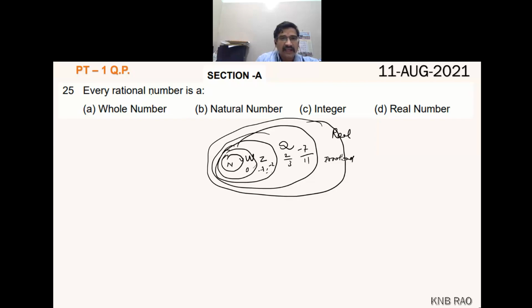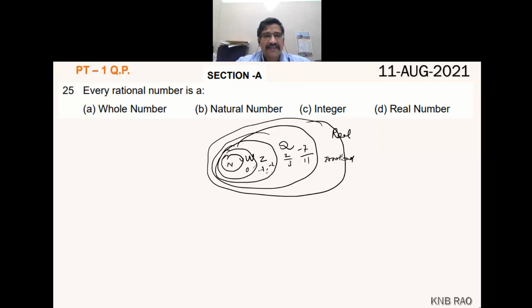So here every rational number cannot be whole, cannot be natural, cannot be integer. It can only be a part of the real numbers. Understood? Yes, sir. So that's how it comes. Oh, many people started laughing. Nice. So I gave an example like that: your bathroom, Karnataka is not part of the whole bathroom.